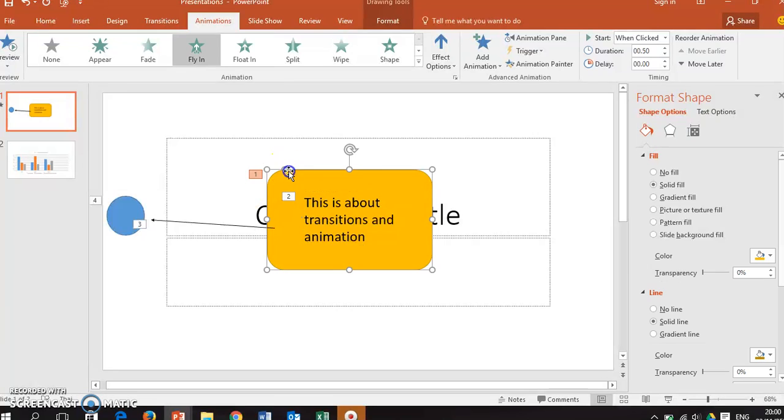if I double click on either of them, format shape is just going to appear. And format shape is basically, you can adjust things with the animation you have and the shape. And yeah. Next is about